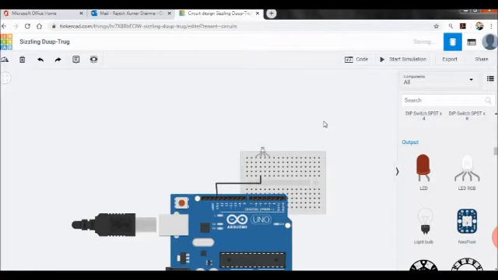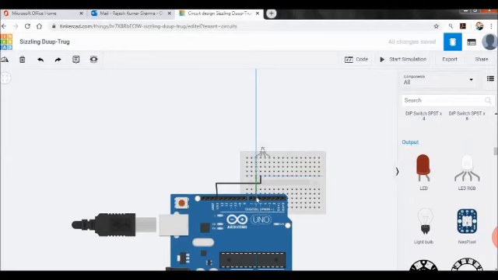Okay, so we can also change the color of the wire. So if you click on the wire, the color option will come, and we have given black color so that we can differentiate between the wire of the cathode and the wires of the different colors. So you can select different colors of the wire to make the circuit beautiful, and also to find out your connections. So you can see vertical line connected. So from this you can connect the wire anywhere. So what is to be done? This one leg of the LED should go to any of the digital pins of the Arduino.